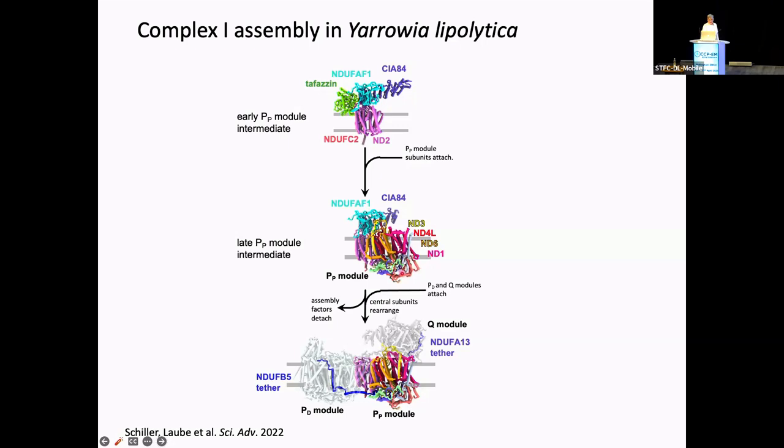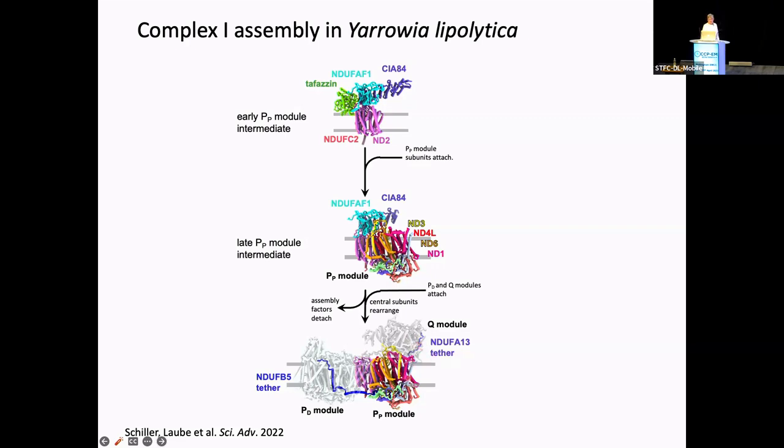And then during the further binding of the Q module, there are conformational changes of certainly the ND2 and the ND1 and ND3 subunits. And probably the Q module binds to the tether of the subunit A13, which is not visible in the assembly